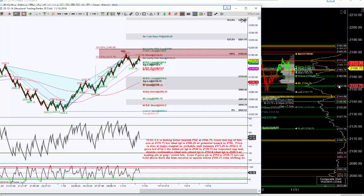2152.50, that correlates with that major magnet, right? And then another double sword line region at 2144, which correlates with the rising 100, and that correlates also with the neutral zone of 2144. So until price can either break down, just like on the volume profile chart, harmonically speaking, we're looking for the same scenario. If price can hold back above